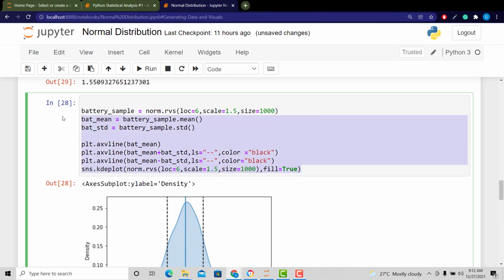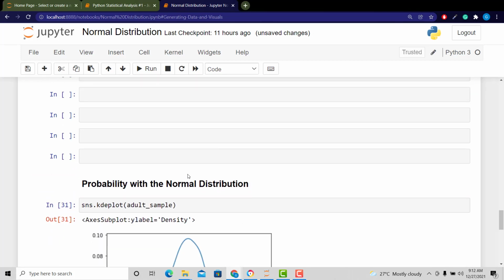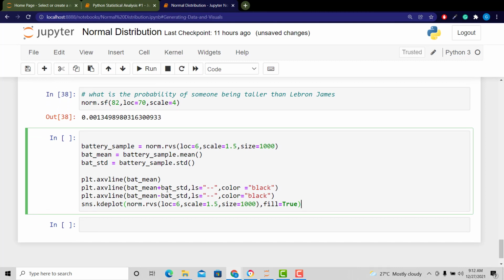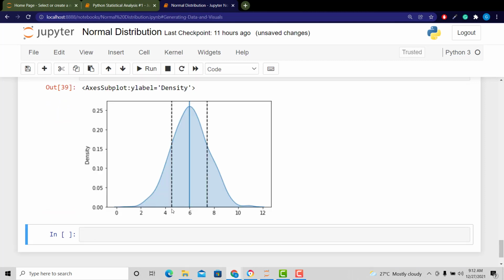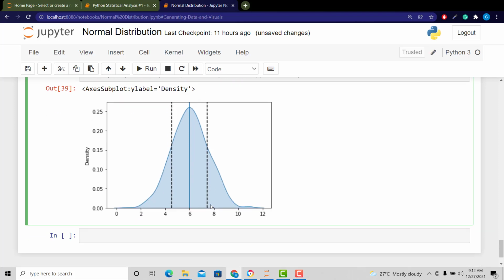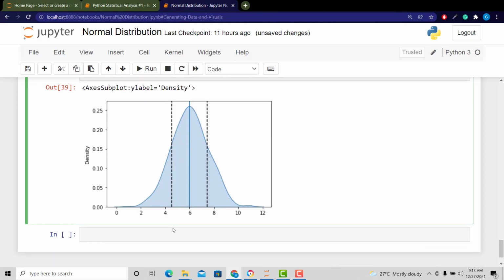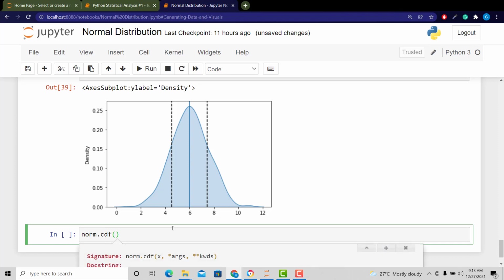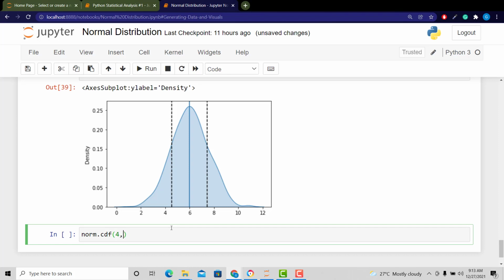So I'm going to take this information here, come back down, and what if we wanted to know what's the probability of being between 4 and 8 hours, is we could easily take our CDF. So we have a norm.cdf, and we know we want everything below 4. So 4, we know our battery life mean is 6,